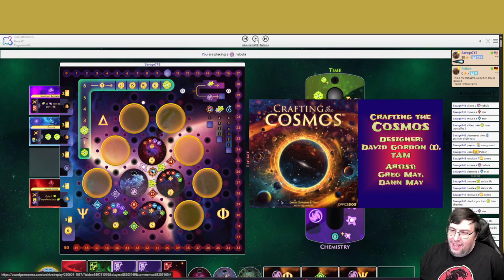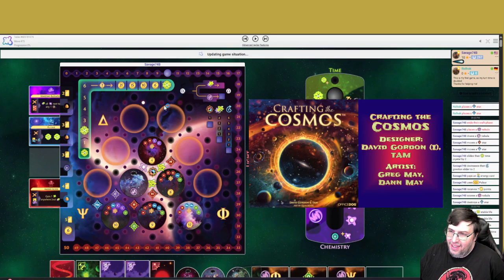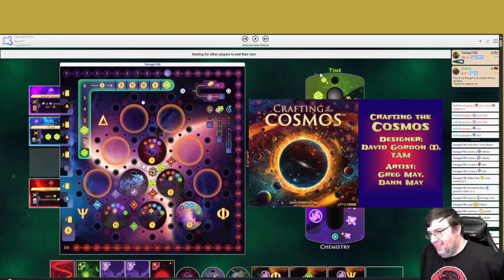All right, placing another level 3 nebula. So I'm going to do it like this around, which isn't unheard of. Because if you place these nebulas next to nebulas you're going to complete anyways, then you can just move stars easier. So